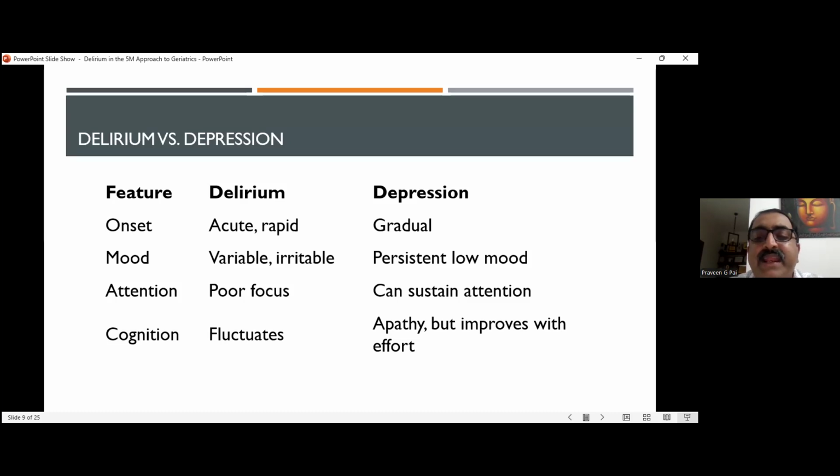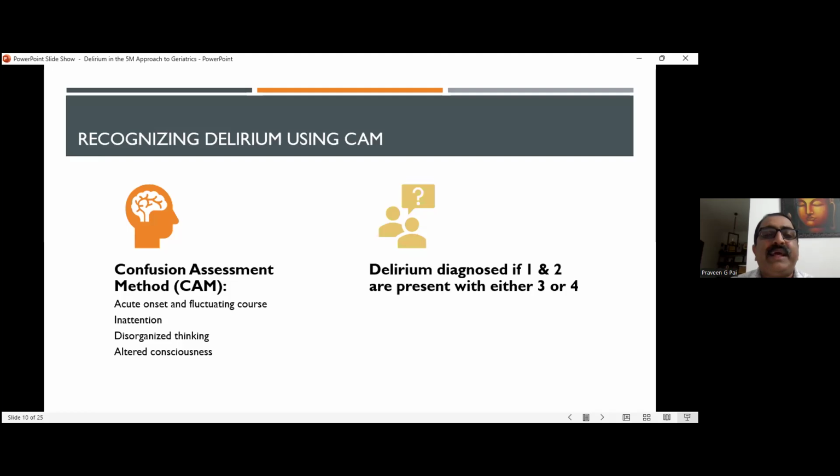In depression, there can be apathy towards everything, which may actually get confused with hypoactive delirium. But again, it improves with counseling or good psychosocial support, even with companionship, even spending some time with that person with apathetic depression, some improvement can be seen. But in delirium, such improvement cannot be seen, and it fluctuates. So that is all about this.